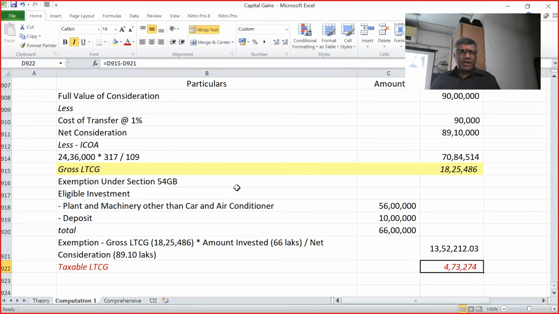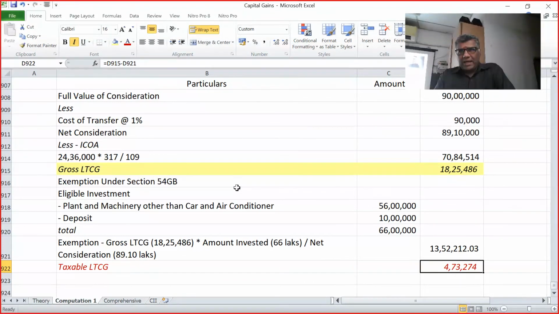The denominator, the numerator changes, normally 317, but 4 cases: compulsory acquisition, insurance compensation, conversion of asset into stock in trade, specified agreements. In these cases, capital gain might be computed in this year, but the transfer has already taken place, so the numerator might change. The denominator, if it is one before 1/4/2001, obviously 100, that is the base year.